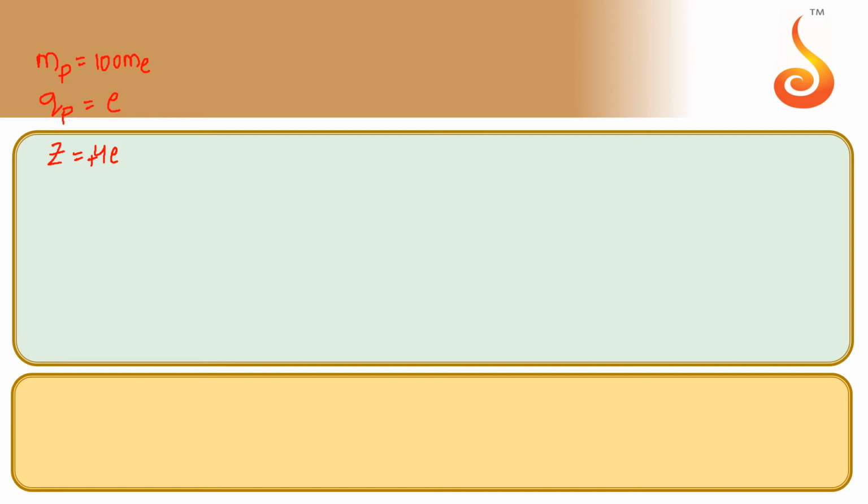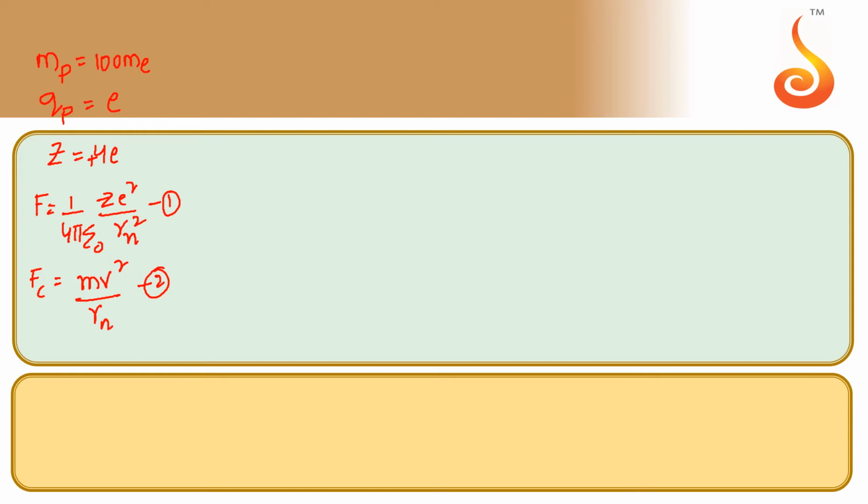So let us assume that the particle is revolving around the given nucleus in the nth orbit. Therefore, there will be a force of attraction between the particle and the nucleus. That force is 1 by 4 pi epsilon naught Z e square by Rn square. That will be equation 1. And the same force will act as the centripetal force towards the center of the circle, which is m v square by Rn. So let us equate both.